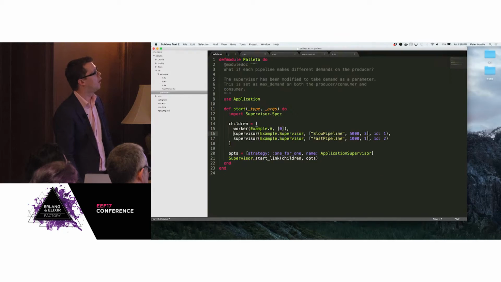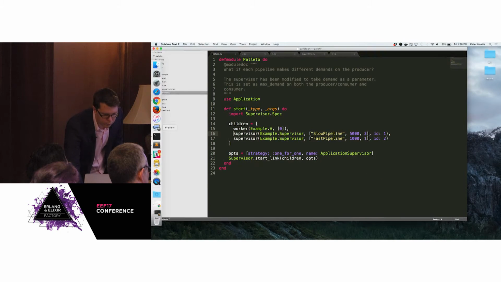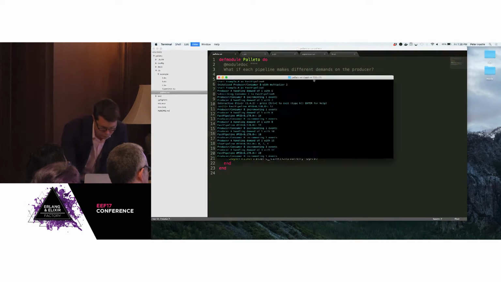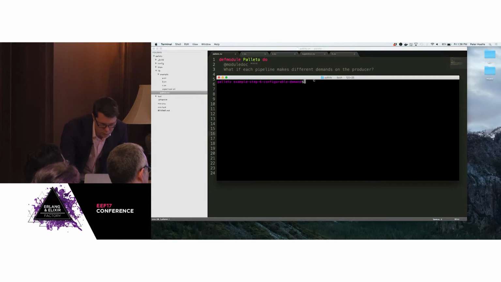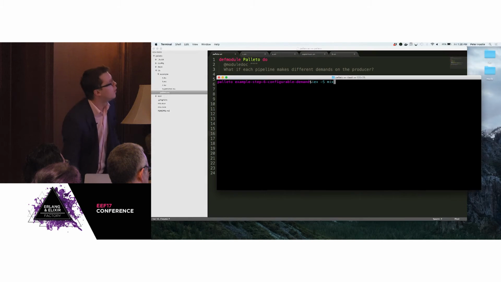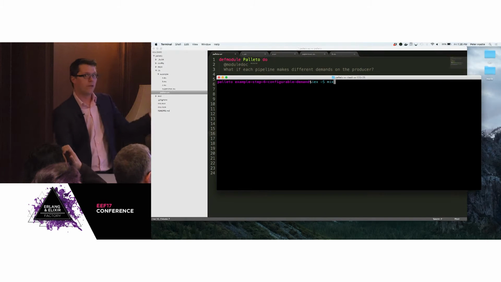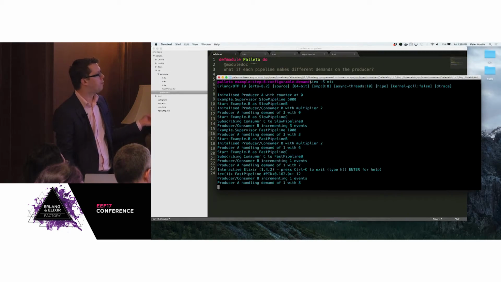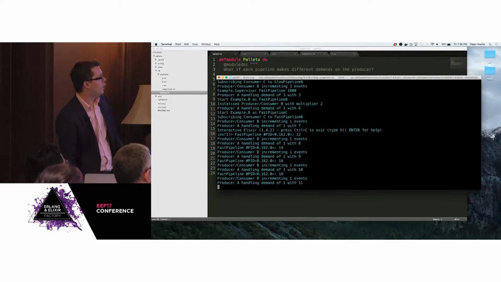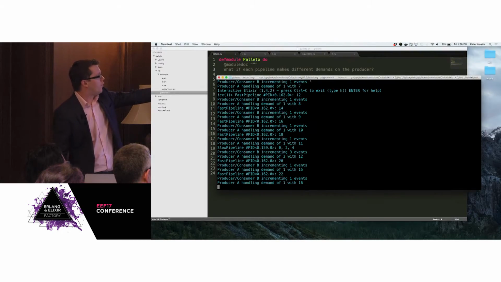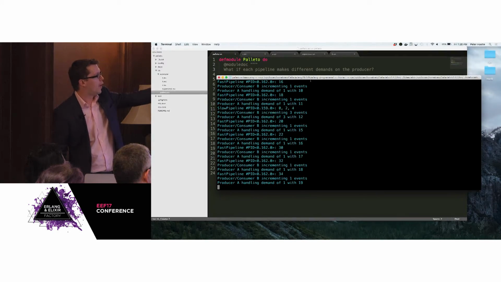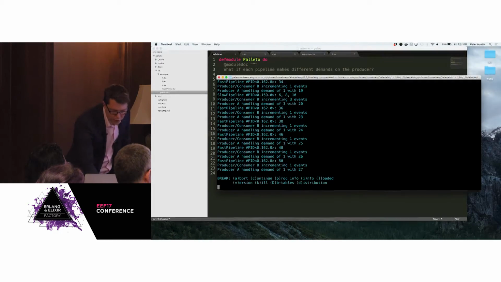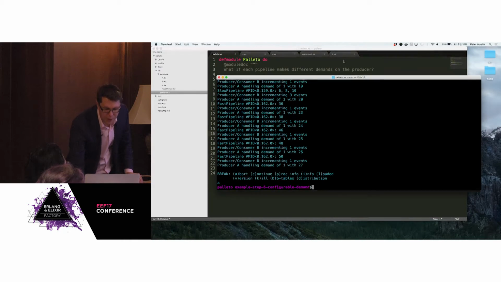So I will try and run this. I will also make this bigger. Okay, so this has one producer consumer and one consumer asking for one message at a time. And it chugs along, and you see every third or fourth line says fast pipeline with a PID, and then it's printing out an even number because this is the result of doubling something. So that's not very exciting at that point, but that's GenStage in action.